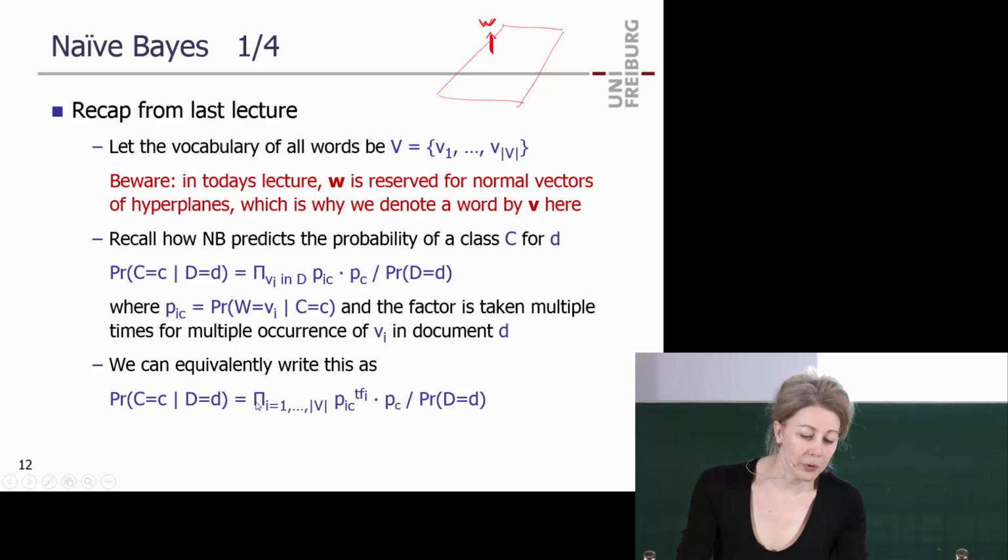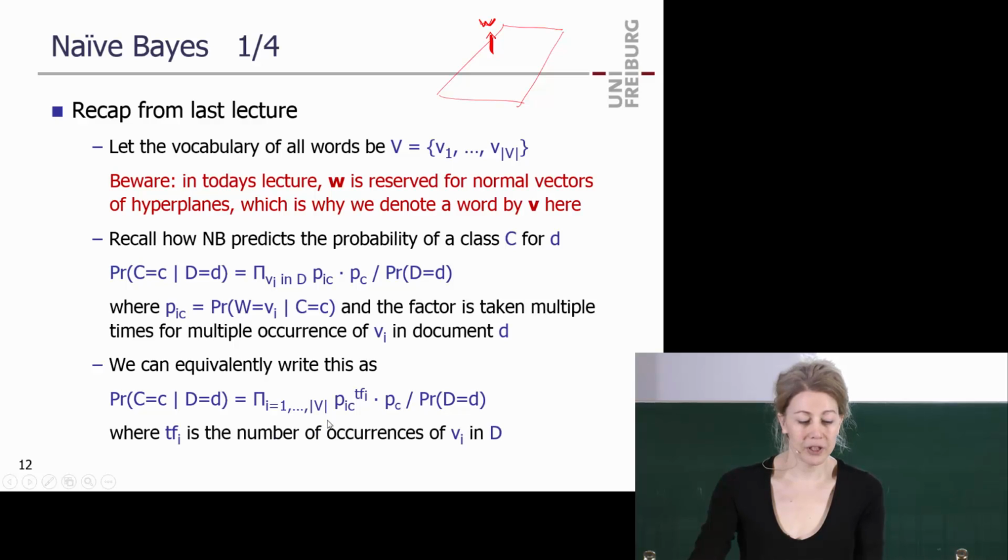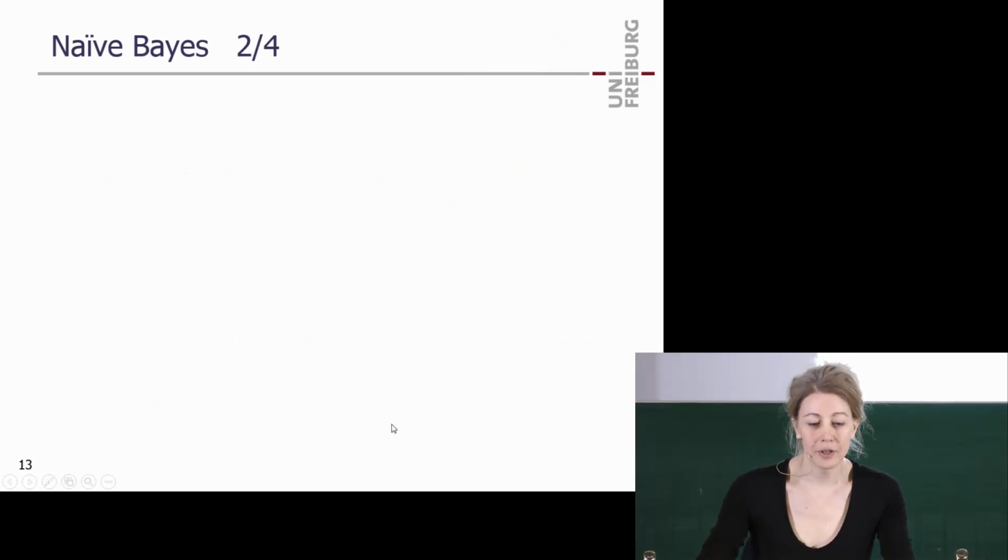I just go over all the words in my vocabulary, and I now have this factor for a particular word. So this may be the probability for film in the class to the 3. If film is there 3 times, I have this probability p to the 3. If it's there 0 times, this factor is 1, right? So it's also fine. I can actually iterate over all the words, and then times this, right? Where this is just the number of occurrences. This is what we had already.